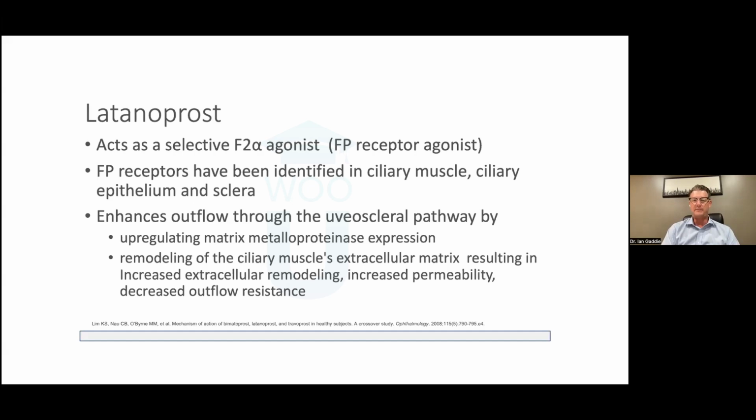Once the FP receptor sites have been activated, it upregulates the matrix metalloproteinase expression in the ciliary muscle face, and it basically spreads apart. As it activates, it remodels that matrix, and it pulls apart places in the extracellular matrix, allowing the fluid to percolate through the face of the ciliary muscle, which is the pathway to the uveoscleral outflow mechanism. So again, what these drugs are doing is not necessarily targeting the trabecular meshwork outflow system, but they're targeting the uveoscleral outflow mechanism, which is not used very often in a normal eye. It's about 5% of outflow. But when you tap it in a glaucomatous eye where we have a resistance problem, it has an exponential effect